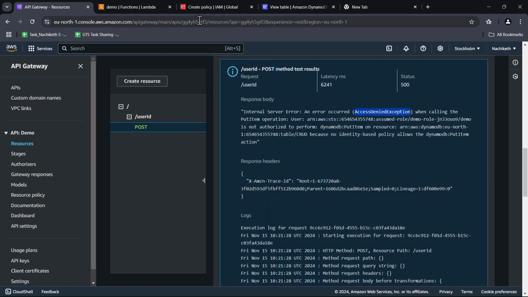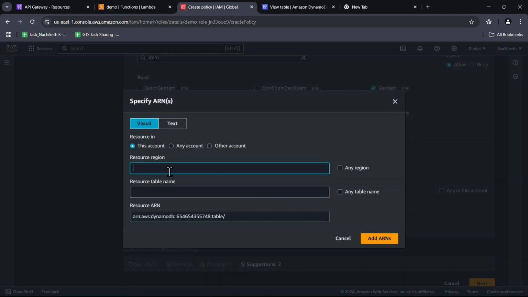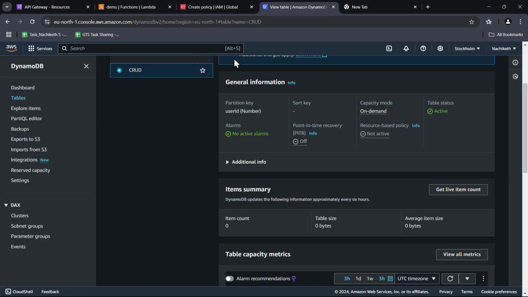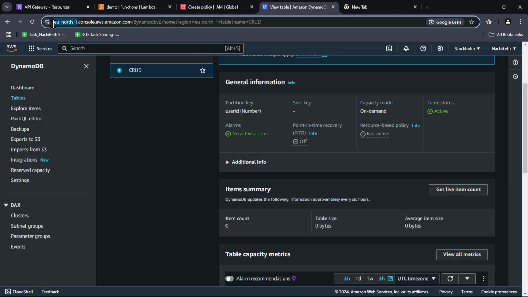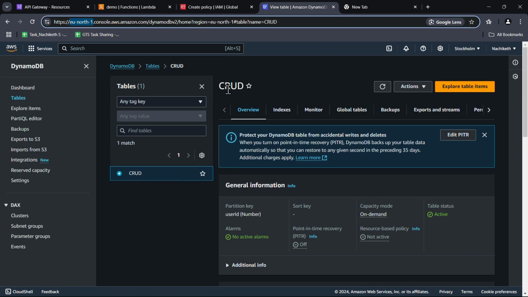You need to create it here itself. So add ARN, provide the region where it is situated. Where I have created it here, you can make out the region, just copy, paste, and resource table name. So what is the name of my